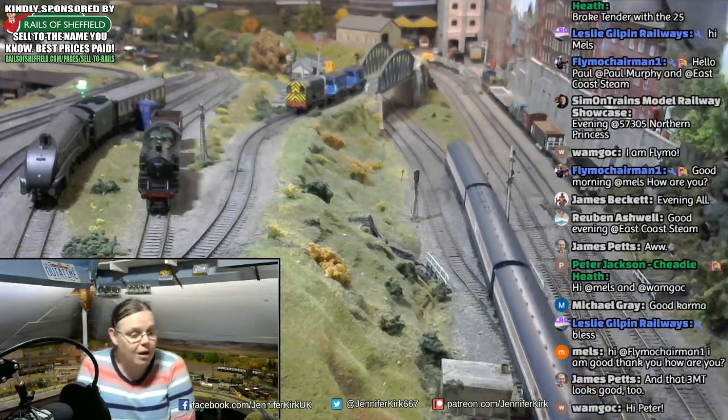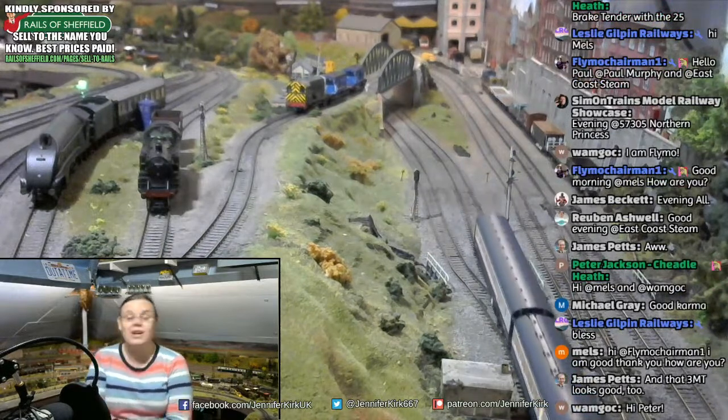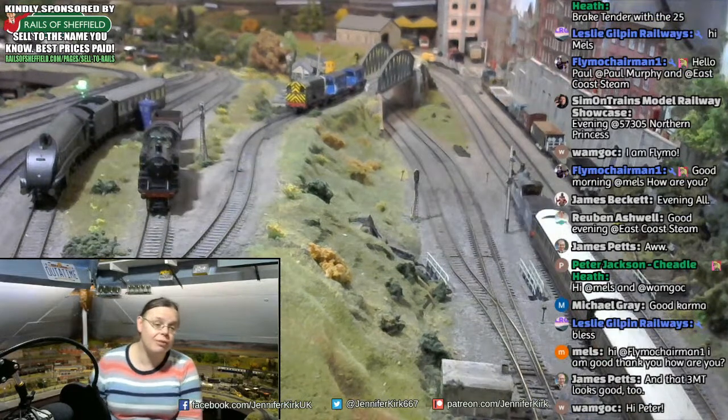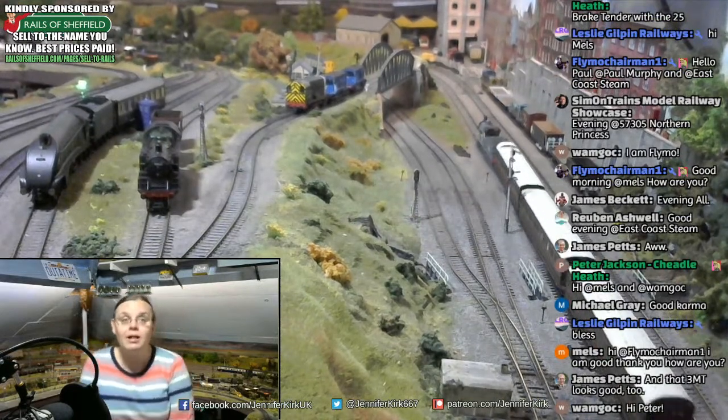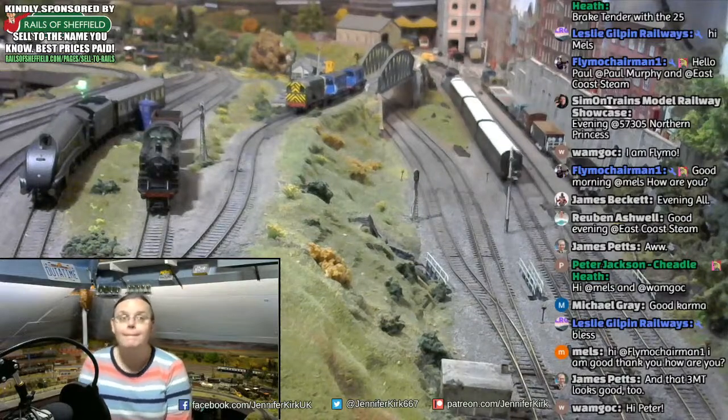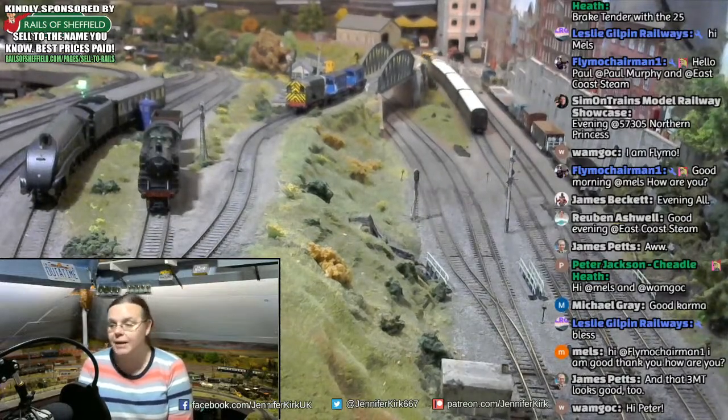And it's in the BR late lined green livery, which is actually a really nice livery and actually matched the 3MT that was on a low loader trailer in the hall. Now, Wally... What else was in the hall, Jenny? Lots of... by the way...